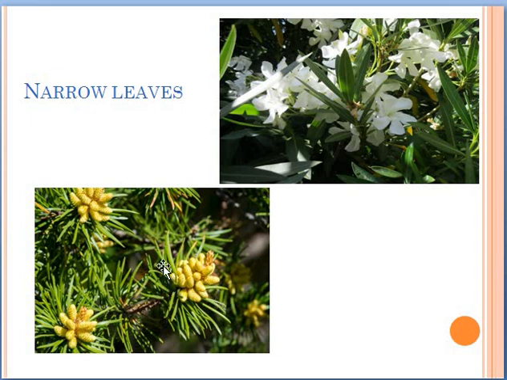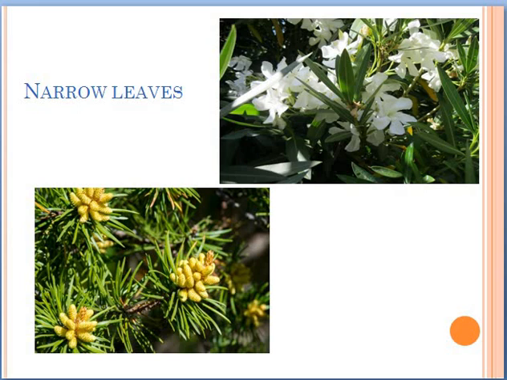As these leaves are narrow in nature, this is a conifer and this is nerium, this is a xerophytic, a kind of dry loving plant. So these plants reduce their leaf surface, so that the number of stomata will also go low and their rate of transpiration will also go low, as they are living in an area where a dry environment is there. So this is another adaptation.